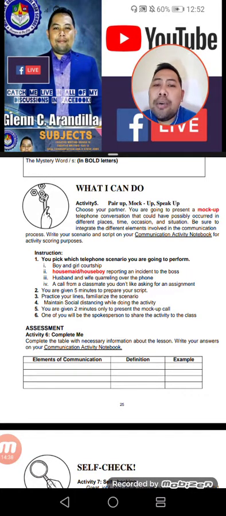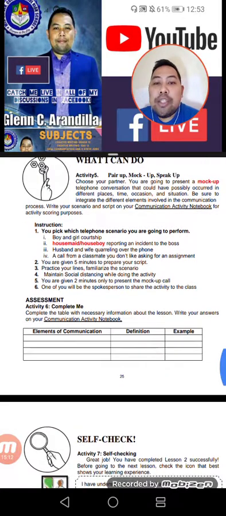So you don't need to pair up here with your classmates since we don't have the face to face. Try to ask probably a sister, a mother, your father, or maybe your brother, but it is not necessary anymore. What you would do here is write a script of your conversation, your telephone conversation. You can use your mother or your father in that script. Then the instruction,